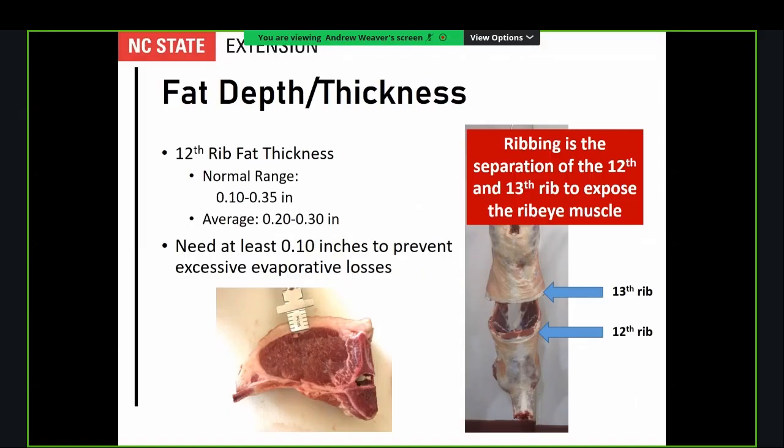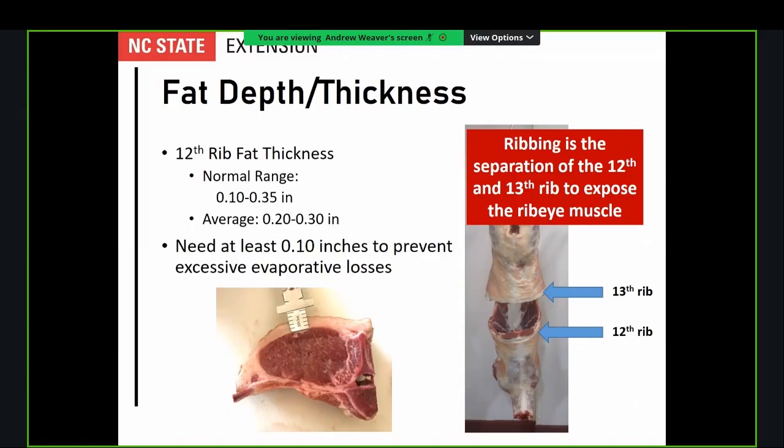So 0.2, 0.25, somewhere in there, maybe up to 0.3, would be the generally acceptable range for having enough external fat to minimize evaporative losses, ensure that those animals cut well and have a desirable chop when harvested and fabricated, and hold that muscle shape well. But at the same time, we don't want excessive fat, where you have excessive trimming losses and waste product being generated. Generally speaking, we need at least 1/10 of an inch of back fat to prevent